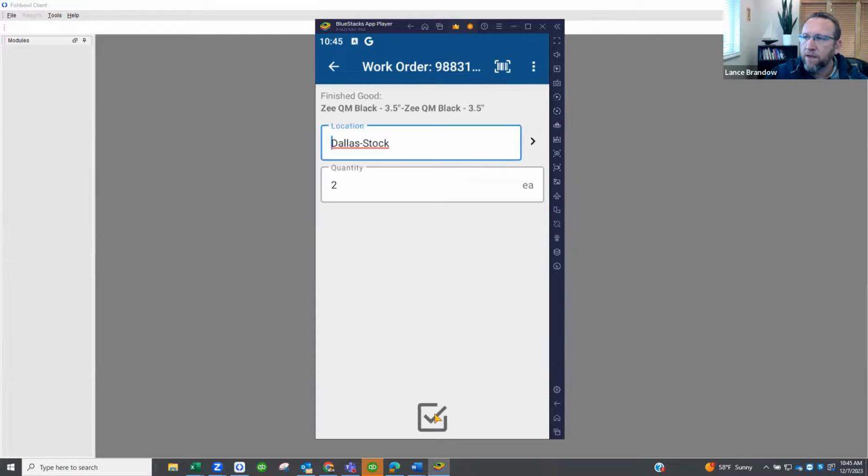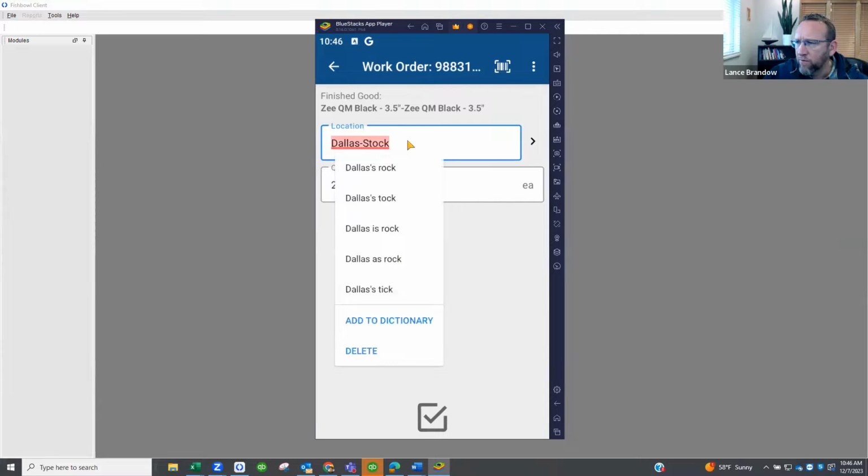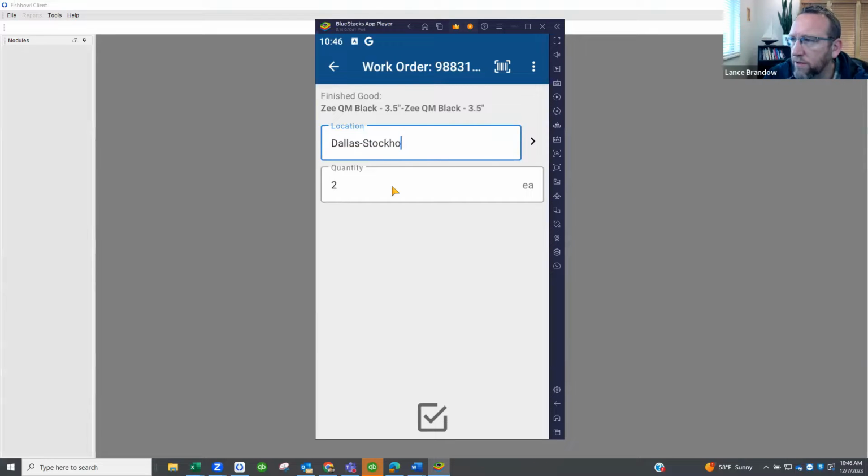And then hit the arrow to go to the last step, and it says the finished good is what we just created, this 3.5-inch part. Created 2 of those. We cut them out of a full sheet on the previous step, and we want to put this in a place that'll make sense. So it's saying, okay, you created the part. Now where is it? And this is important for accurate inventory tracking. We want to show where it is, and in this particular database,